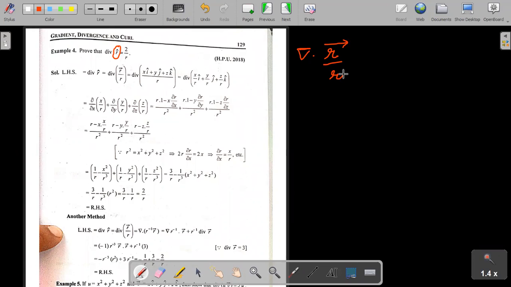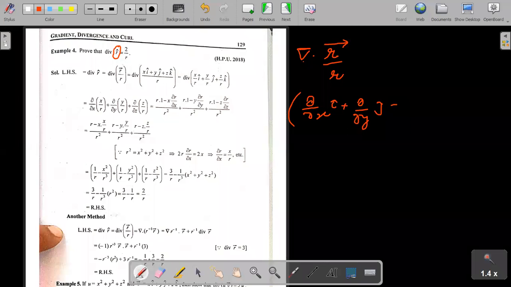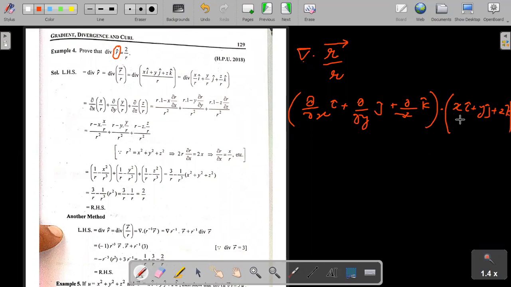And we know divergence. So you see, this is nothing but what? If I write it in vector notation, del is nothing but del by del x i cap plus del by del y j cap plus del by del z k cap, dot. The r vector will become x i cap, y j cap, z k cap over r, so r will divide every term. Now if you take the dot product,